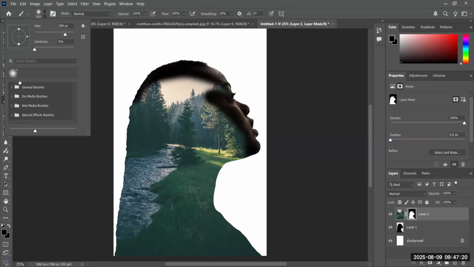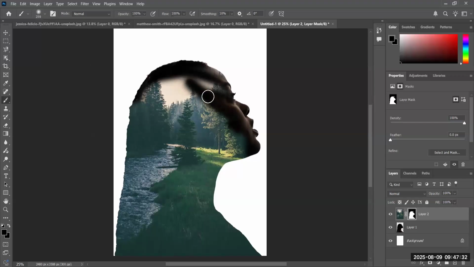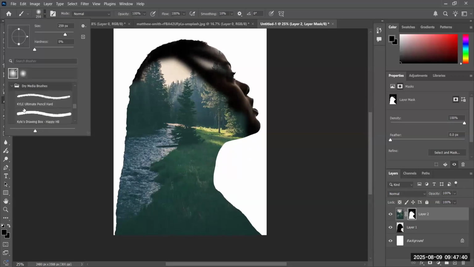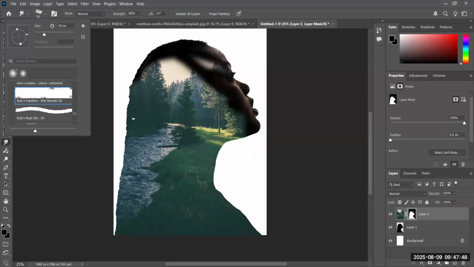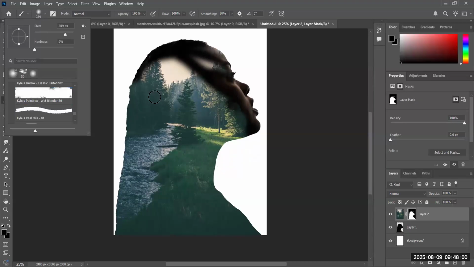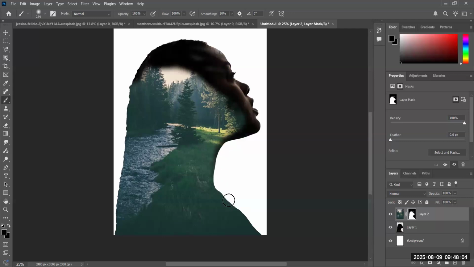The hardness is too high and the brush is not good. So you can select a brush style here, right? From the brush style, select one. Select a good brush. Don't take brushes like this, find another one like this. Take a good brush, otherwise it won't come out well. Don't make it look rough like this, right? So how can I